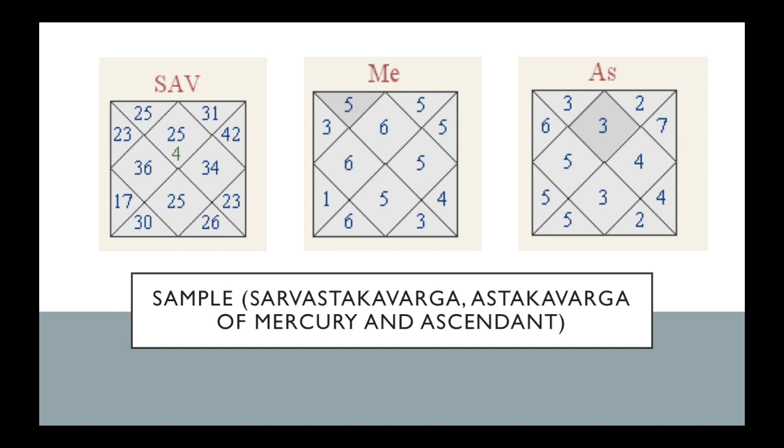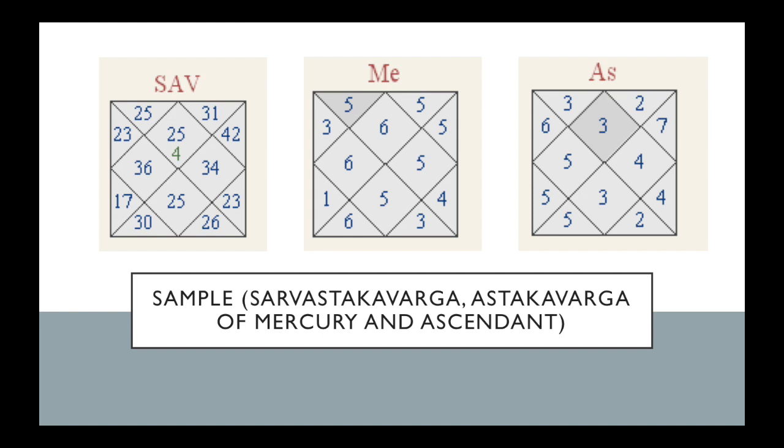If these houses have more points, 29 and above, then generally your life will be smooth. It's not that you'll not get difficulties, but your life will be smooth because the good houses, which are called auspicious houses, have good points. Now, if these houses have fewer points, whereas a sixth, eighth, 12th, or for that matter a third house has more points, then there can be difficulties in life. You may go through some kind of difficulties, some other kind of difficulties.